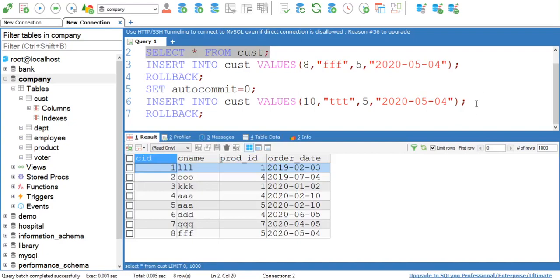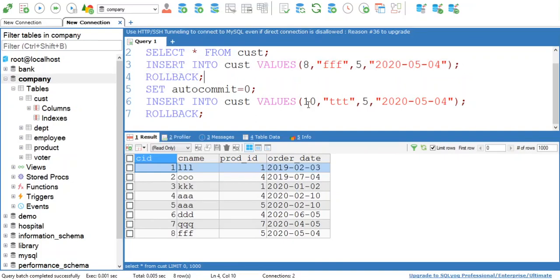See, the newly added row, that is 10. At the output you can verify: the newly added row with customer ID 10 is deleted. Here, what we have done: first we inserted one new row with customer ID 8. Since your MySQL is running in auto commit mode, whatever row is inserted by this insert query, that change is stored permanently in memory.